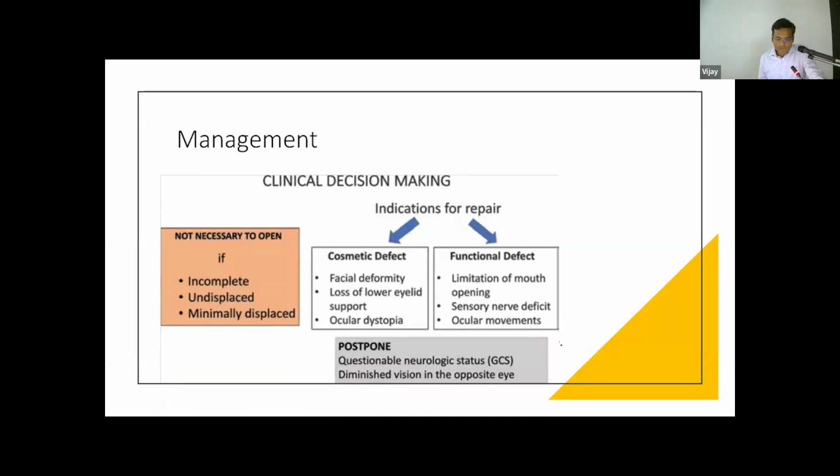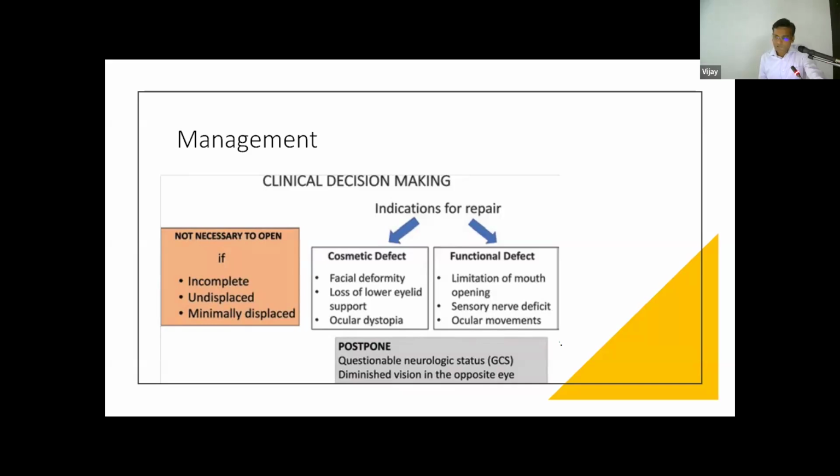Most of the ZMC fractures which are incomplete, undisplaced, and minimally displaced do not require any intervention. What we advise these patients is to keep them on a semi-solid diet for 3 to 6 weeks and regular follow-up to look for any sign of displacement or any functional impairment, and then we can decide whether to operate on them or not. Then the indications for repair can be classified into two, the cosmetic defect and the functional